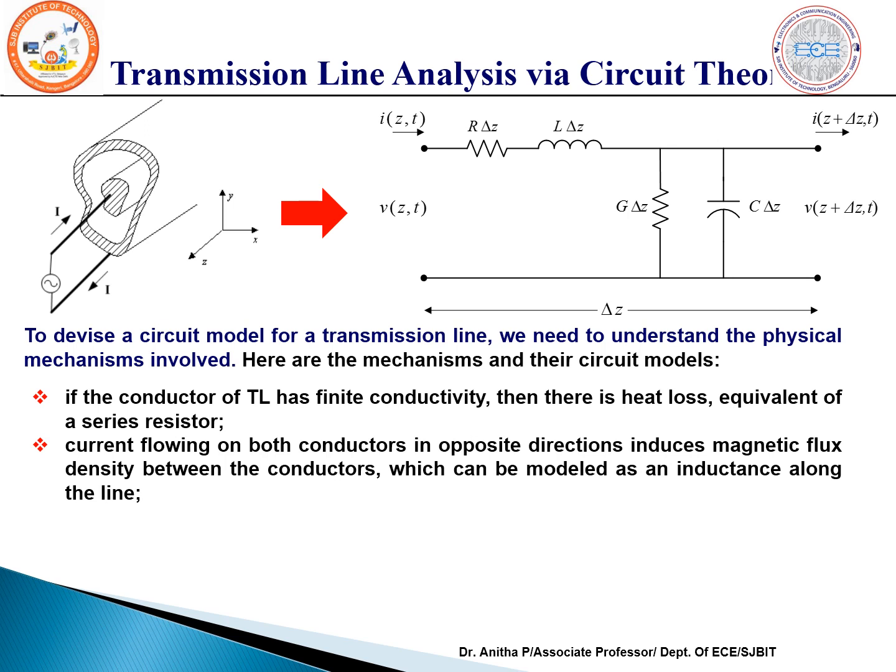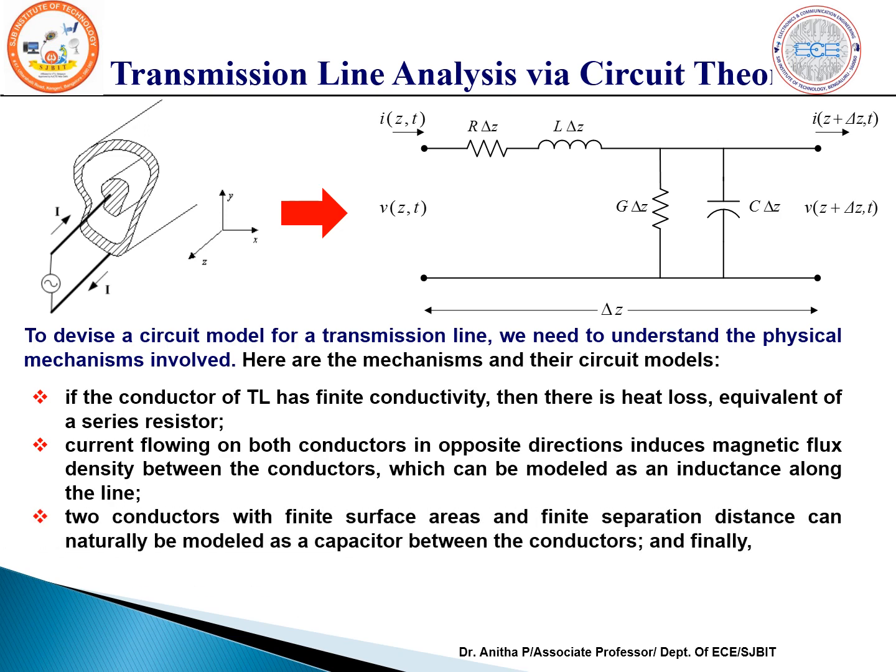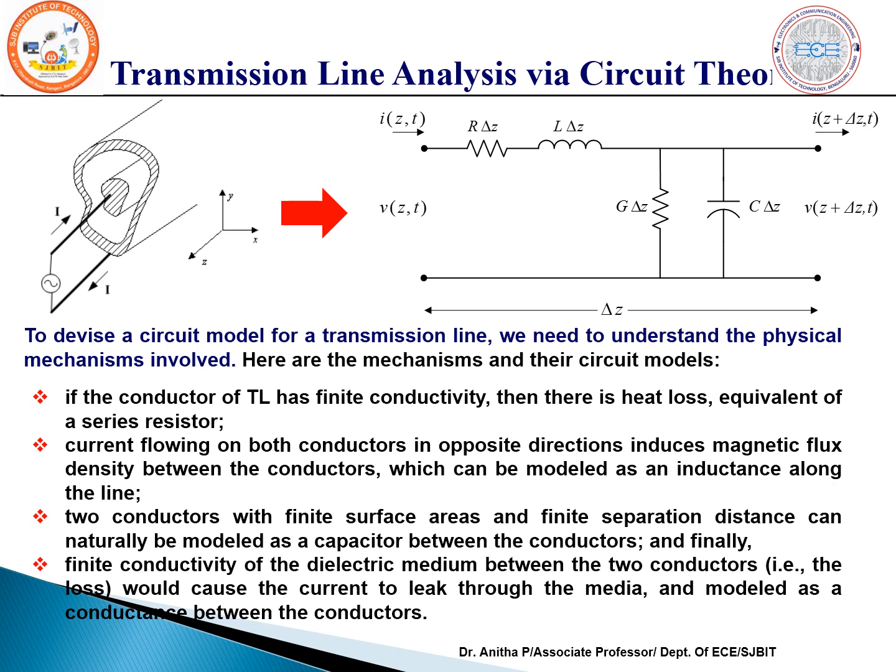And as you are considering a two-wire parallel transmission line, two conductors separated by a dielectric are represented as a capacitor in shunt, and the leakage in the dielectric is represented as a conductance. All these elements we call distributed parameters, which we are considering for a section of transmission line of length delta z, and we are giving the input at